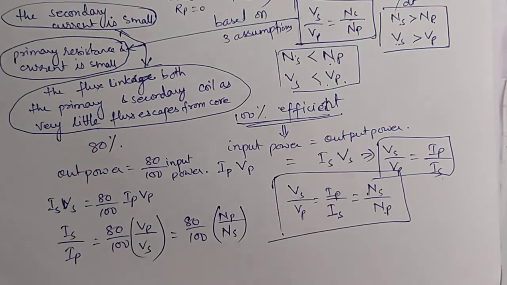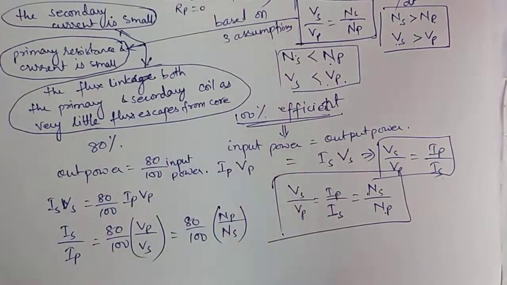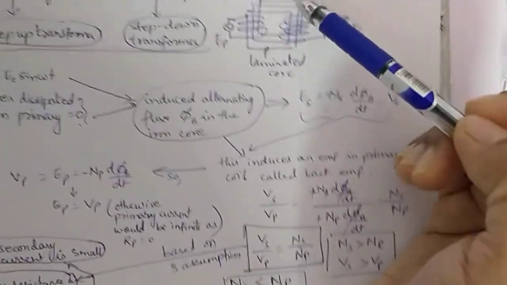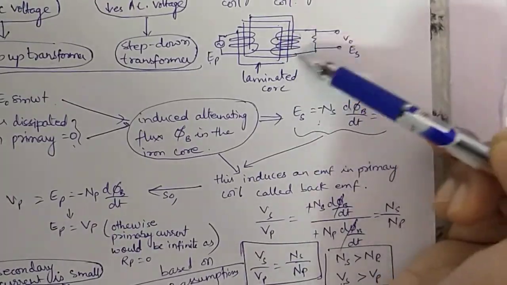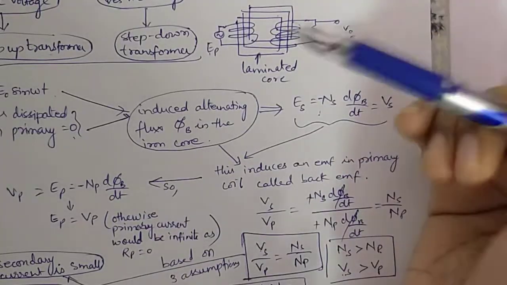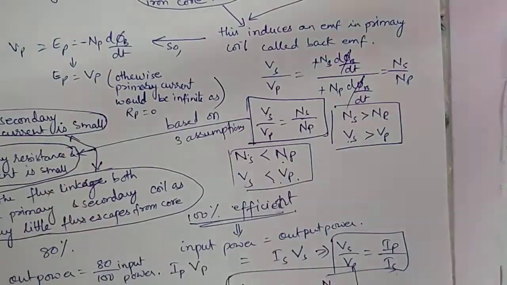And here, for the maximum transfer of energy from the EMF device to the resistive load, the resistance of the EMF device and the resistance of the load must be equal. That means for maximum transfer of power, the resistance of the EMF device, where the induced EMF is produced, should be equal to the resistance of the load which you have connected. So their resistance must match for maximum power transfer.